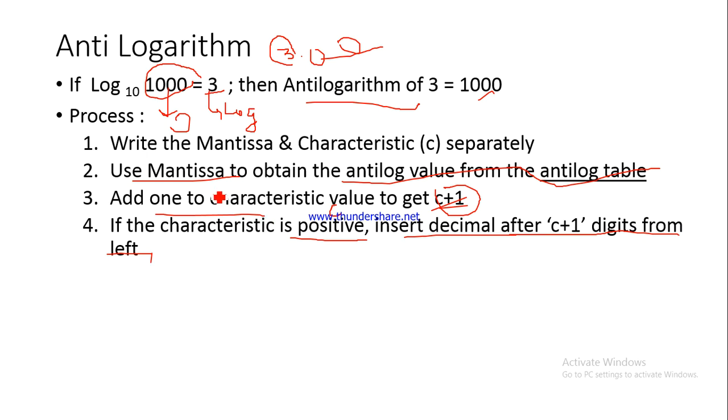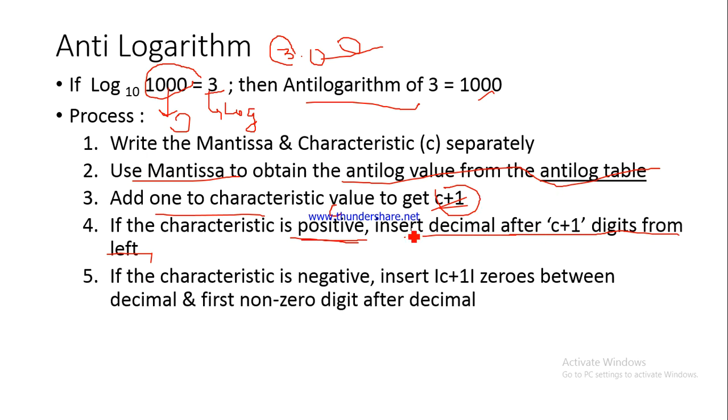So now what was C plus 1? C was the value of characteristic. You add 1 to the characteristic value, so you'll get C plus 1. And if the characteristic is positive, then insert decimal after C plus 1 digits. So you count from the left and then you insert decimal after C plus 1 digits. Then you will have to put in a decimal, and this will give you the original number that you were looking for, right? However, if the characteristic is a negative, again